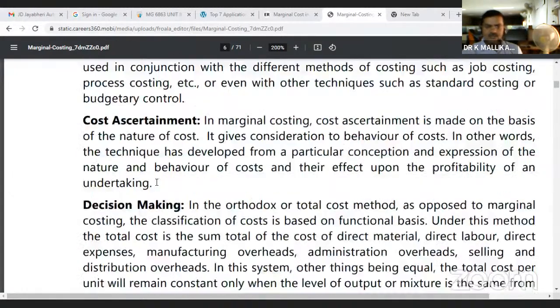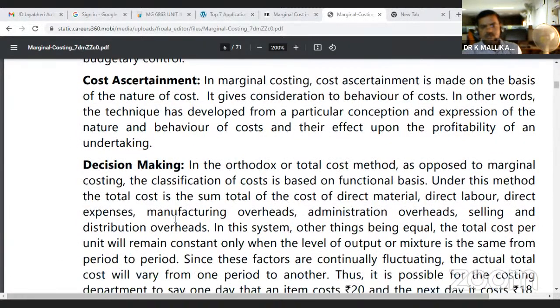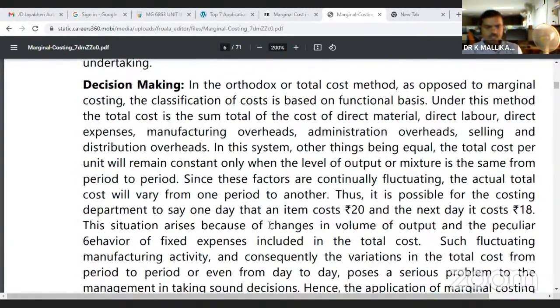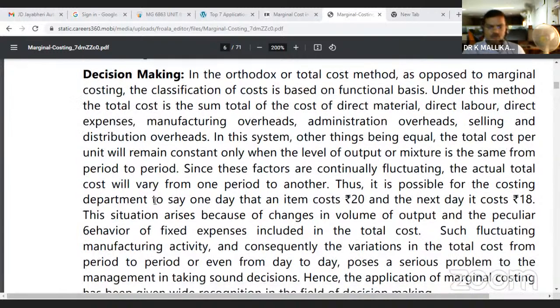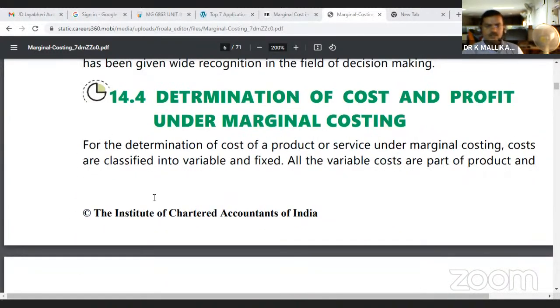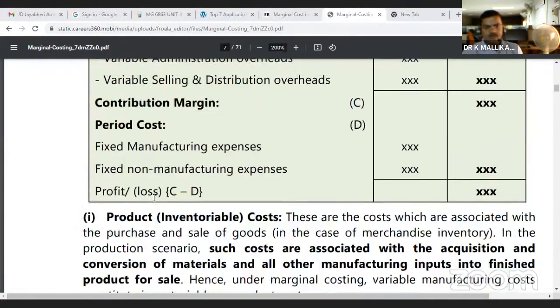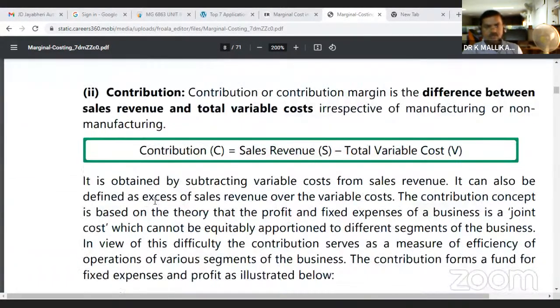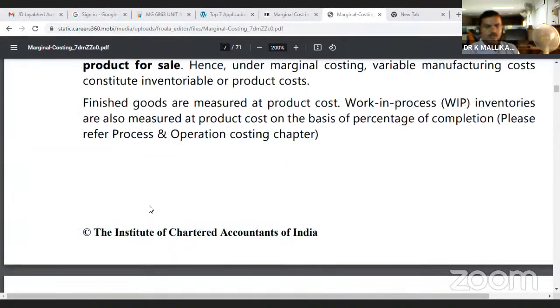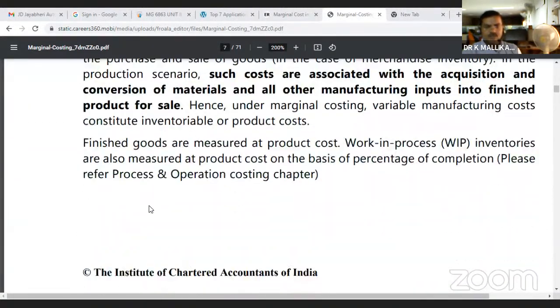And for cost assignment, we can ascertain cost from the cost department. The decision-making process we'll discuss in a later part. Then there is departmentation of fixed cost, how we can allot it to department A, department B, department C. So the very important component here is